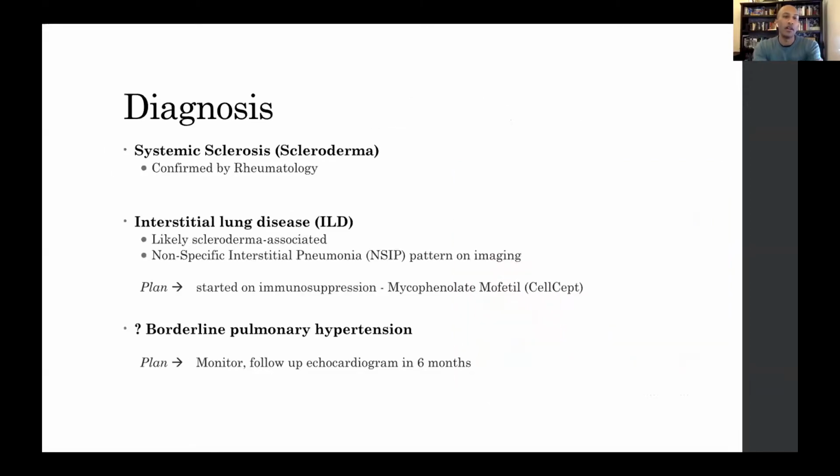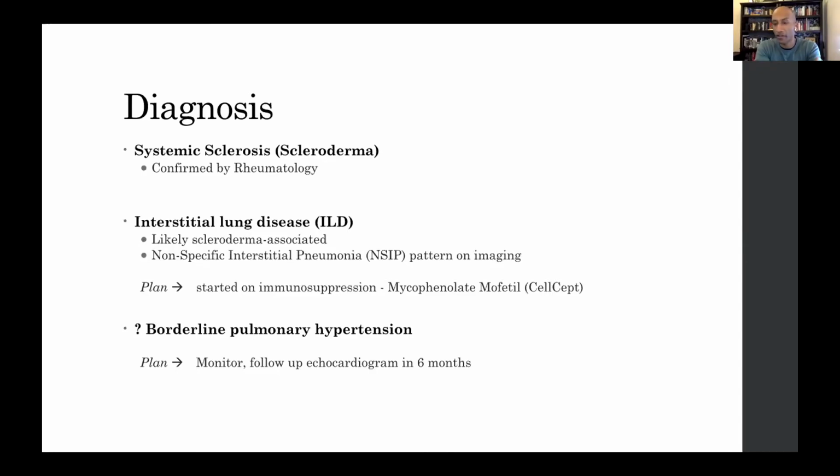Okay, so this patient saw a rheumatologist who felt that she met the criteria for systemic sclerosis or scleroderma. Based on the imaging and the pulmonary function test, we also felt that she had interstitial lung disease, which is a broader category for pulmonary fibrosis. That's the official medical term for pulmonary fibrosis. And we felt this was most likely scleroderma associated with the pattern which is referred to as non-specific interstitial pneumonia, or